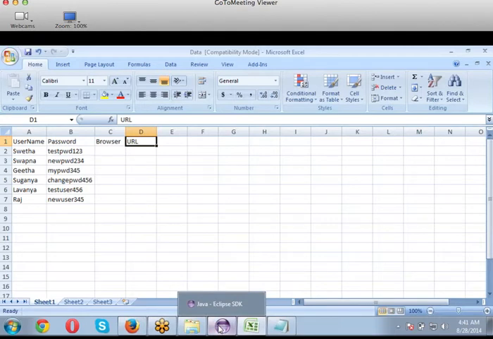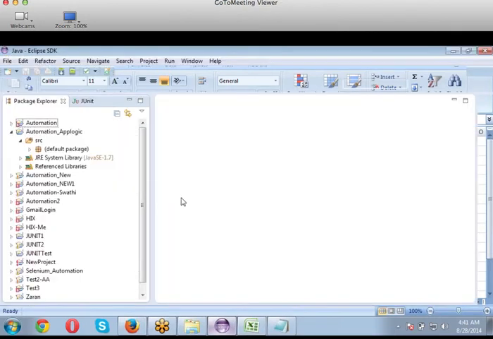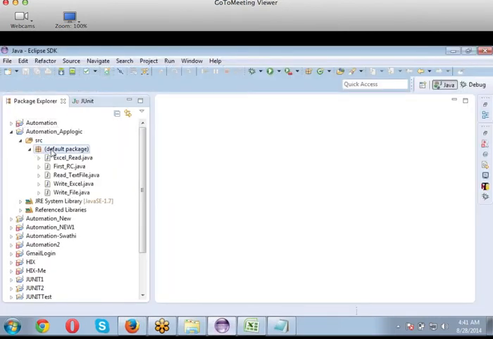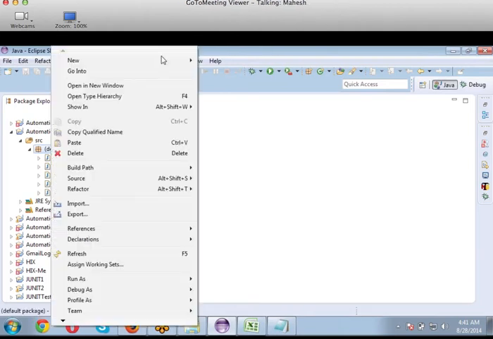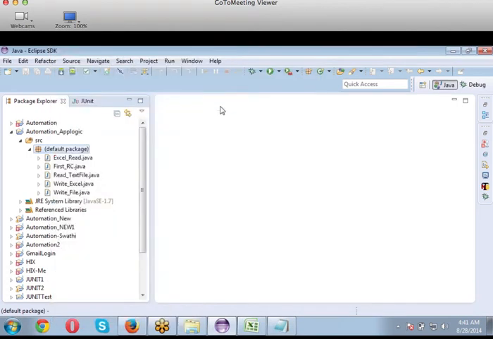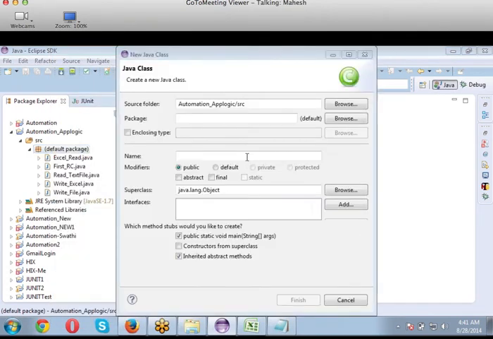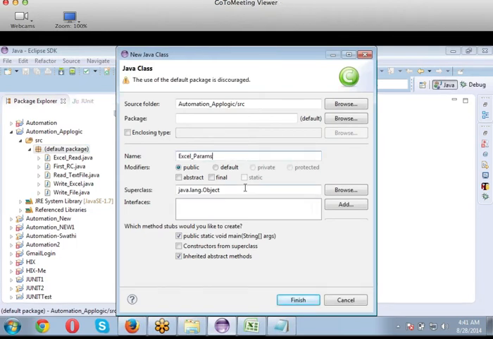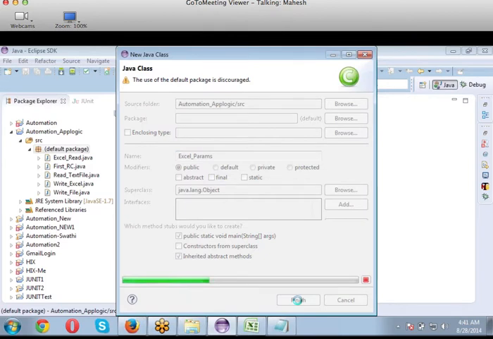Let me just come back. This is our package. I'll create the last file. Name this as Excel underscore parent. I'm letting this public static void main be selected. We got finish. The first thing I have to do here is open a browser and a URL.